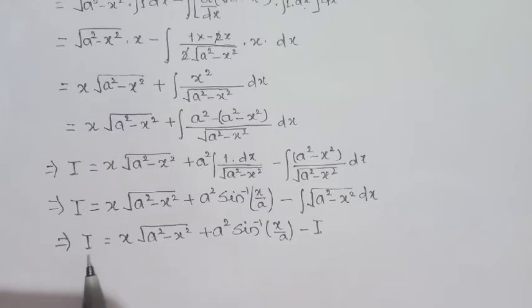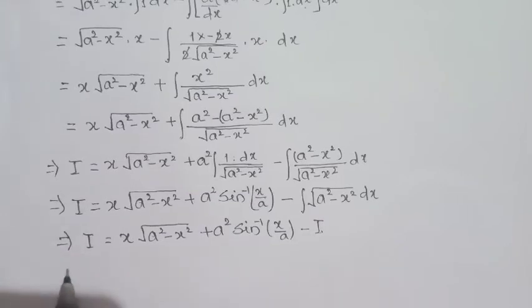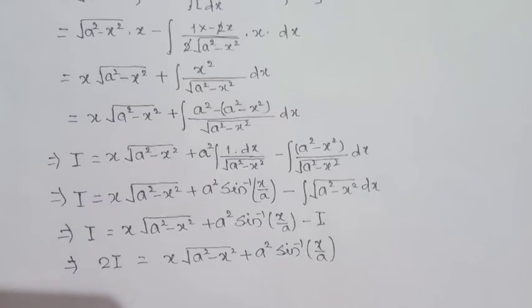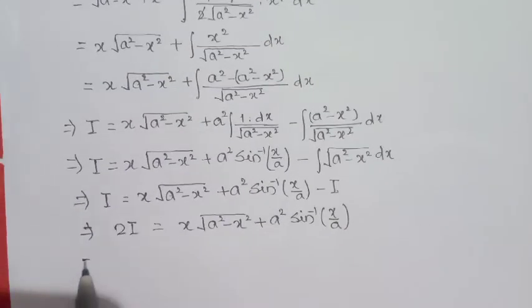So I plus I will be 2I, equal to x into under root a square minus x square plus a square sine inverse x by a, and finally I should be written as